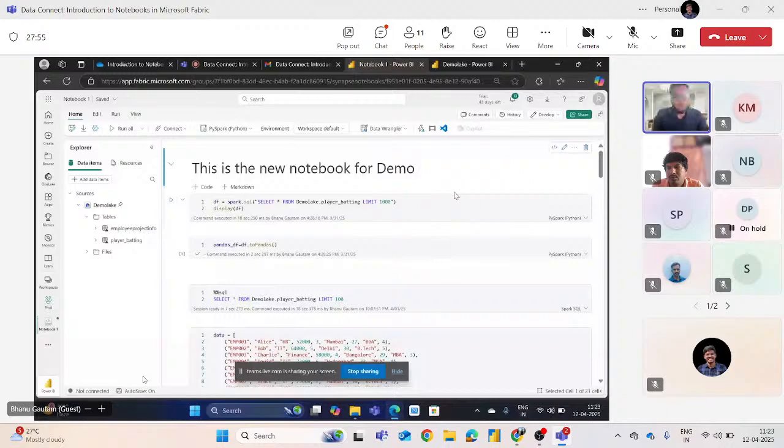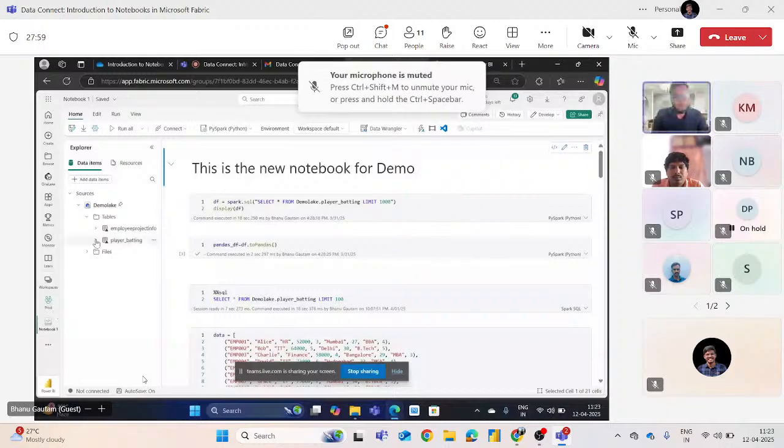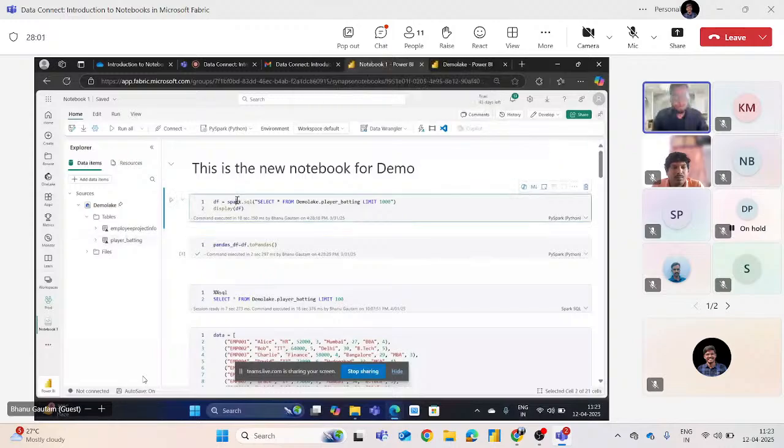And now what we are going to do is read it from this one, a pair batting table. So here, what is the Python? We are going to define a data frame, and we are going to use SQL to write it. This is basically a Spark SQL data frame. It is simple: select star from demo pair batting, and it does not support top, so we need to use limit 1000. So if I run it,